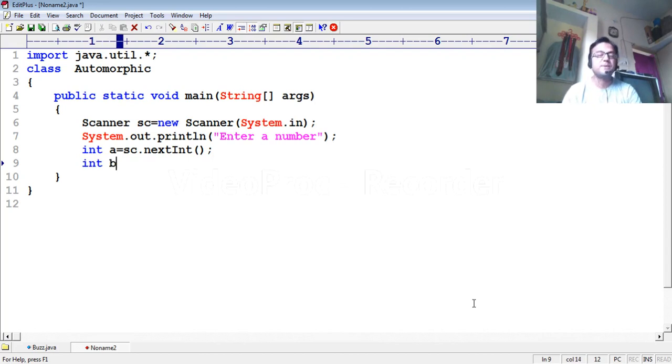So I am going to copy a in b. Now, as I told earlier, you need 10, 100 and 1000 to extract 1 digit, 2 digits and 3 digits respectively from the last of the square number.